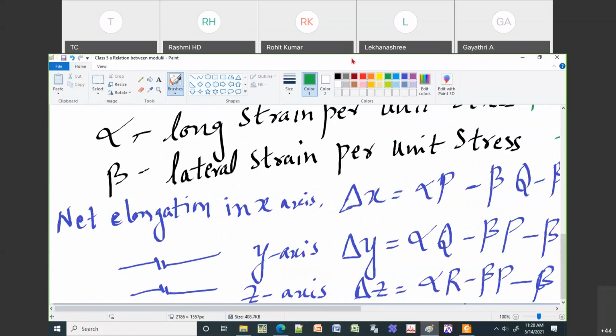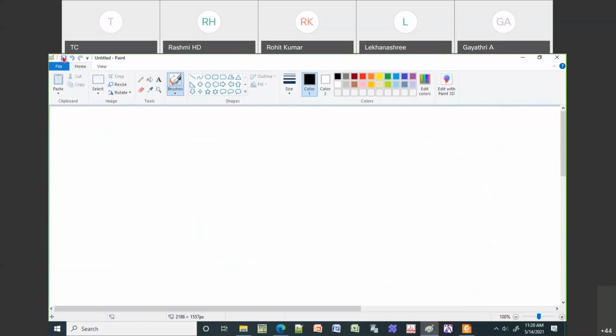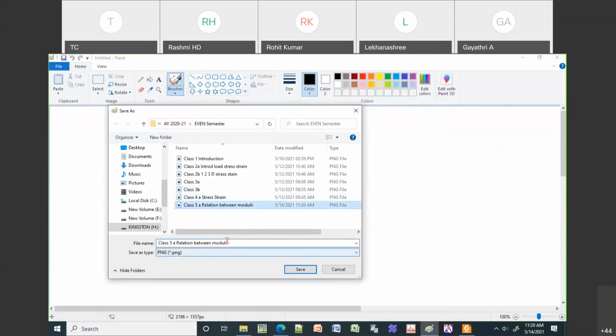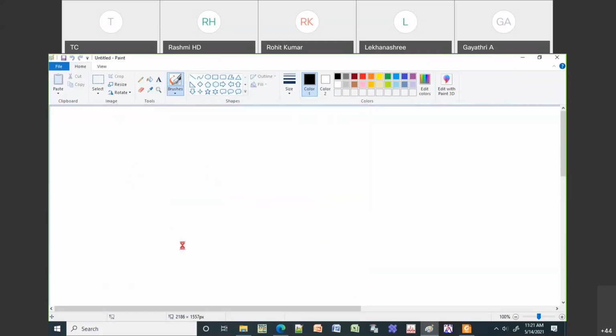You can ask me. Then what we will do, so now we have defined the changes in length, changes in breadth and changes in the width with respect to the force which is acting. Okay, so now we are going to take each of the moduli and try to relate them with respect to the previous relations. We will use the same old relations and find the Young's modulus, bulk modulus, and rigidity modulus. Okay, so we will take the first one. First one is your Young's modulus. So how do you define your Young's modulus?